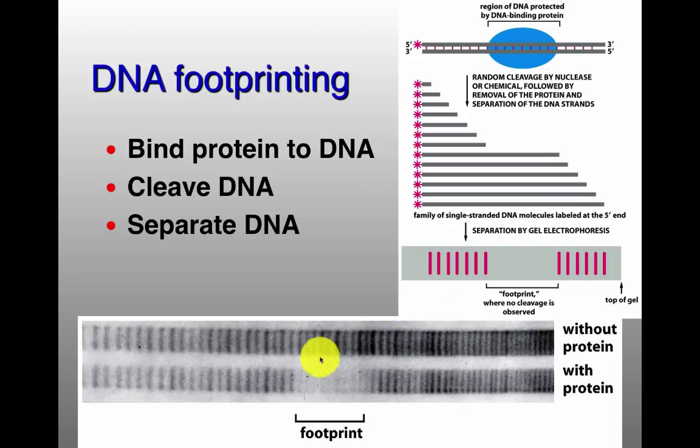And this gap is because the protein has protected the DNA from getting chopped up in that particular region. And literally, you can go through those individual bases and say, this binds between base 438 and 503 or something like that. Yeah? So if we wanted to experiment and find out what, like, helix-turn-helix protein, or at